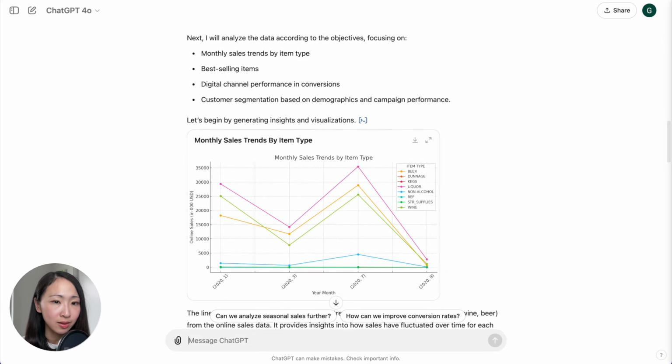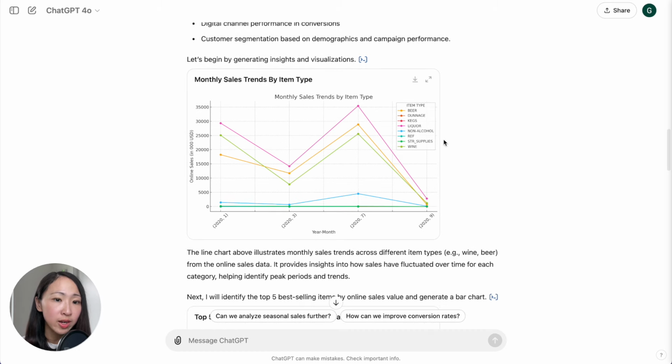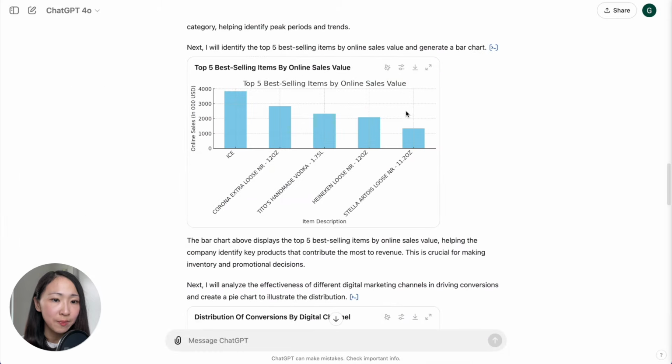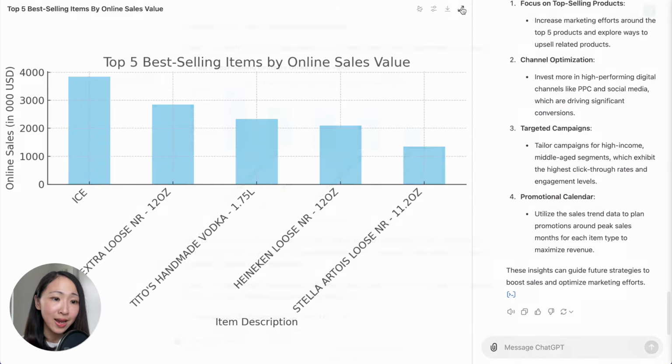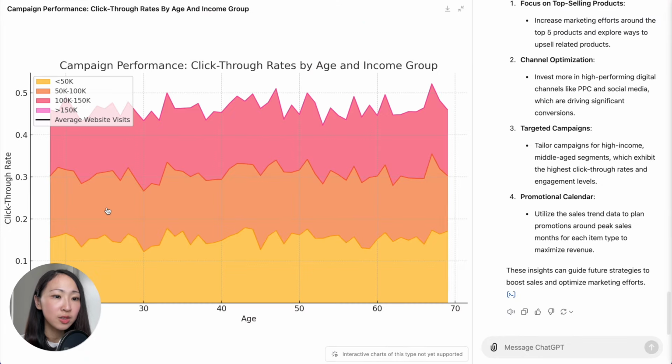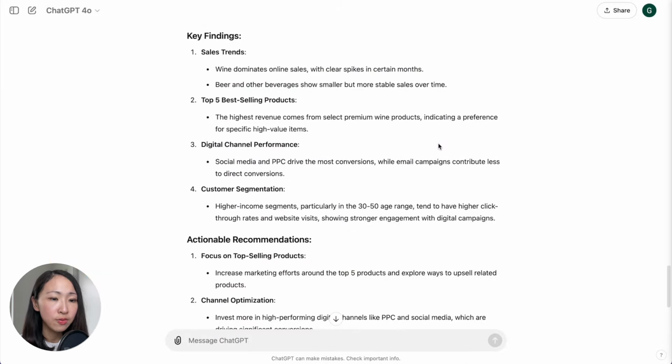I like how it delivers every request that I specified in the prompt and generates the charts one by one. Monthly sales trend, top 5 bestseller items, and it gets the answer correct. Also for the pie chart and the stacked area chart. For the stacked area chart, the only thing I notice is it's missing the website visit line, but they're nearly perfect. Then it also delivers the key findings and recommendations, and they align well with the charts except the channel performance,